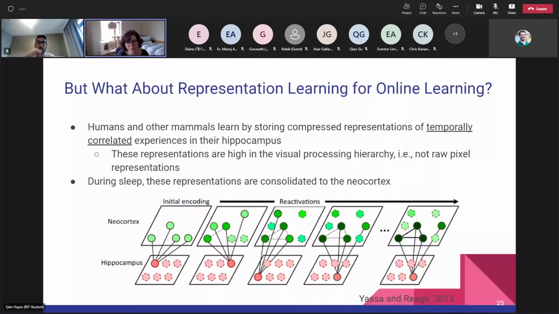So for replay, typically we just store raw inputs or raw feature vectors in a replay buffer. But this isn't necessarily consistent with biology. In fact, maybe we're storing compressed representations from higher in the visual processing hierarchy. When we go to sleep at night, these representations get consolidated to our neocortex, which is used for more generalized